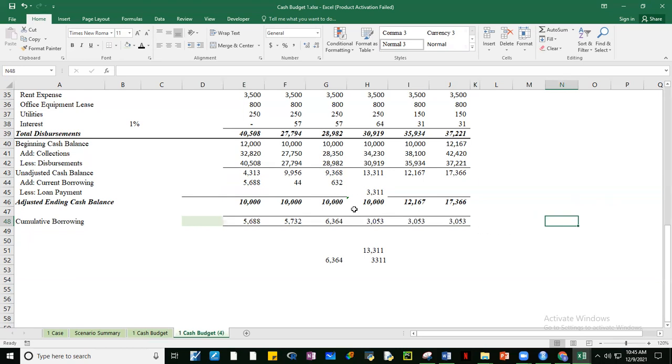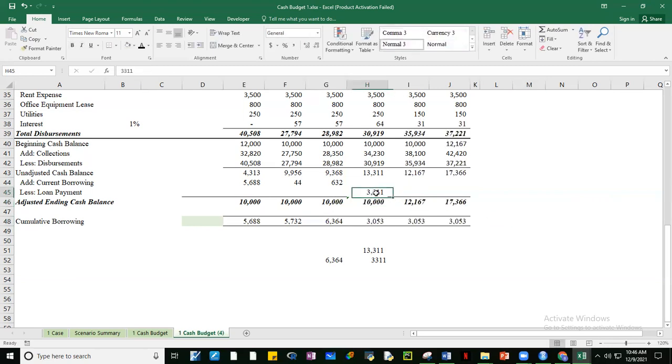Nung April, ang cash balance natin 13,311. Hindi natin pwedeng bayaran si 6,364 yung previous accumulative borrowing kasi pag binayaran natin to, guys, bababa yung ano natin. Hindi na magiging minimum balance, no? If I put here 6,364, okay. Now 6,947 na to. So hindi pa pwede 'yon, no? Kasi dapat at least 10,000 yan. So that's why we're paying 3,311.